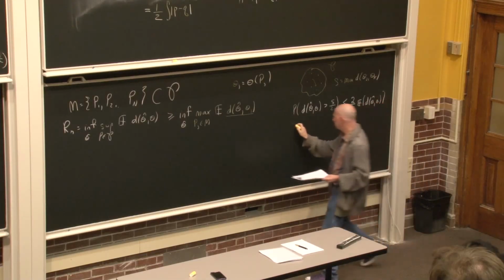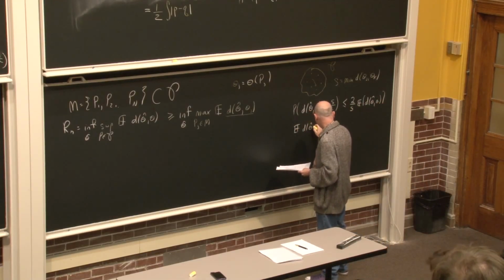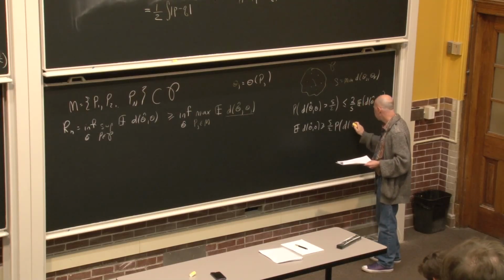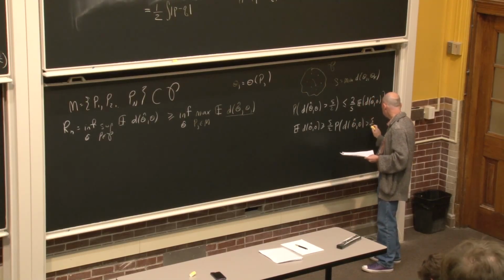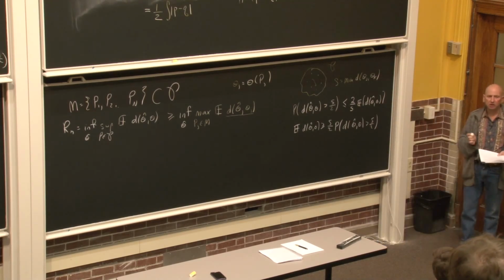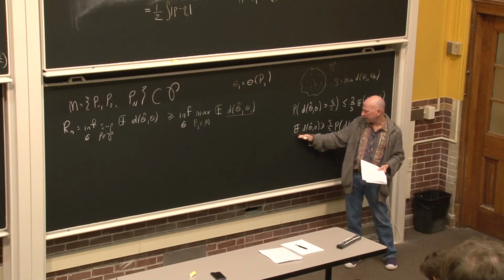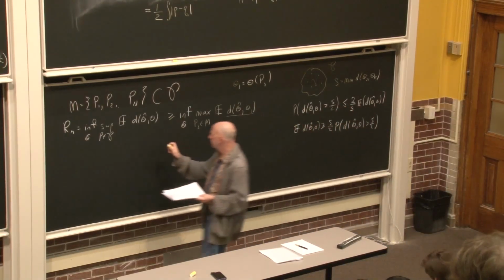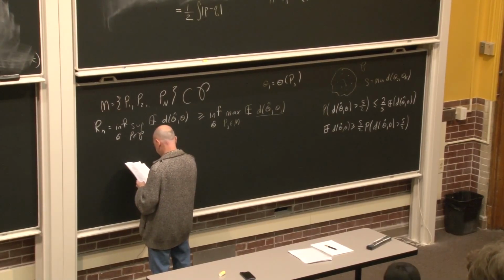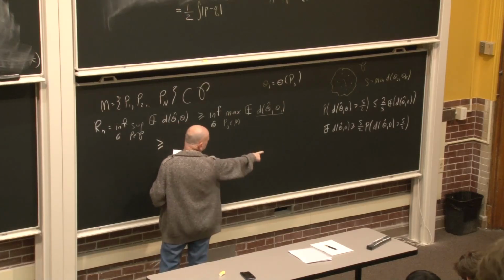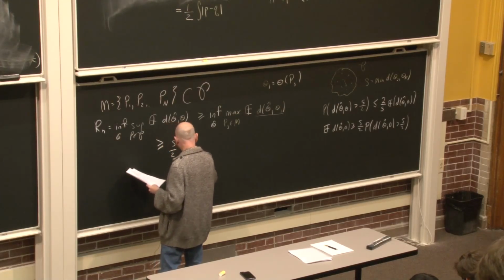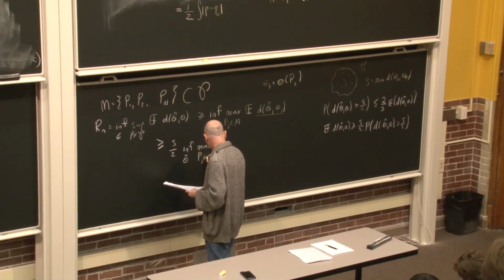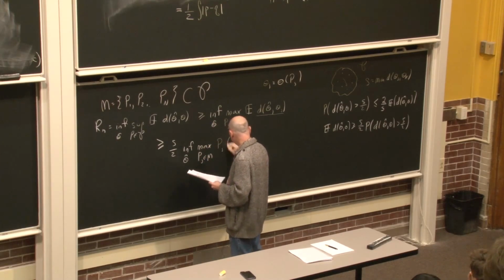That means that the expected distance between theta hat and theta is bigger than or equal to S over 2 times the probability that. This is just Markov's inequality. The goal here was to reduce the expected value into a number times a probability. So I have a further reduction, namely, this is bigger than or equal to, well, the S I can bring up front, so that's S over 2 times the inf over theta hat of the maximum, again, over all of these pj's, times the probability that